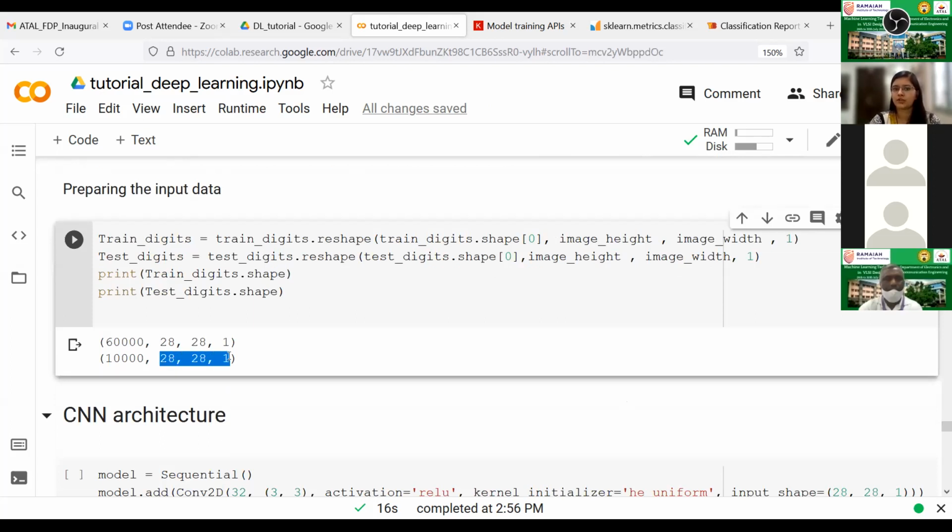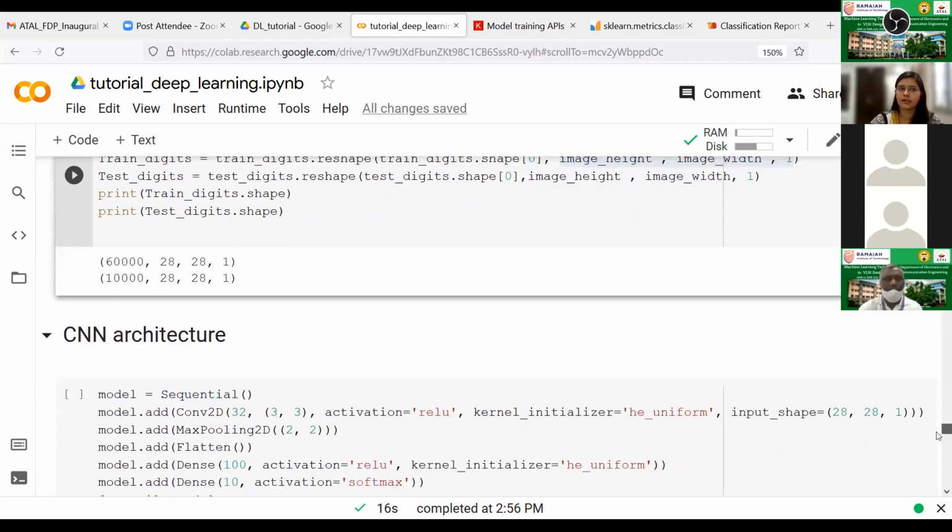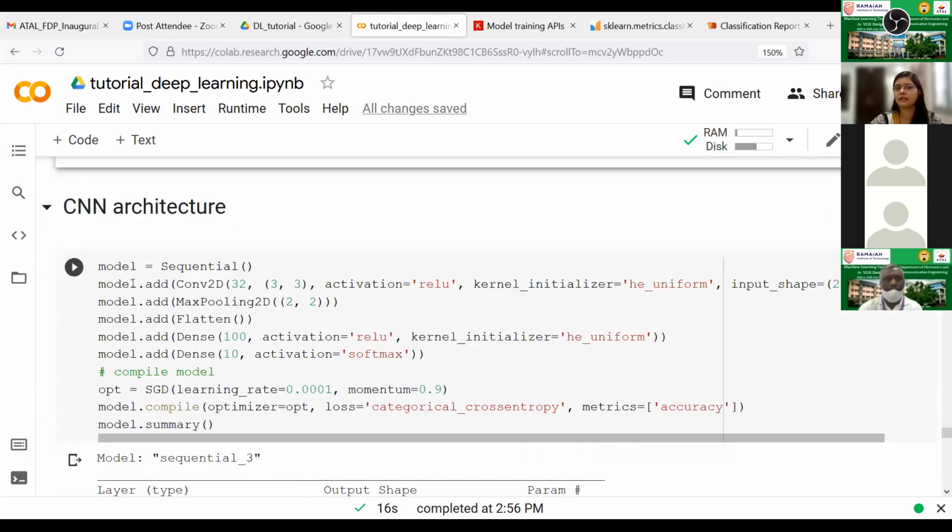You just need to make sure that before applying any machine learning or deep learning model, you take care of the input requirements of the model, and based on that you apply the reshape function. As I said, in the CNN we change the shape of the input array by adding one more dimension to it. Then we define the CNN architecture.